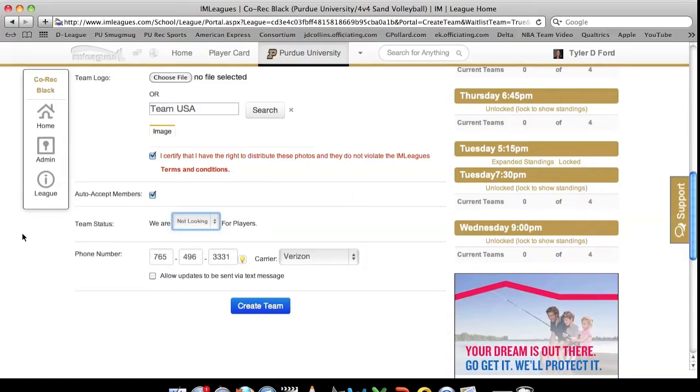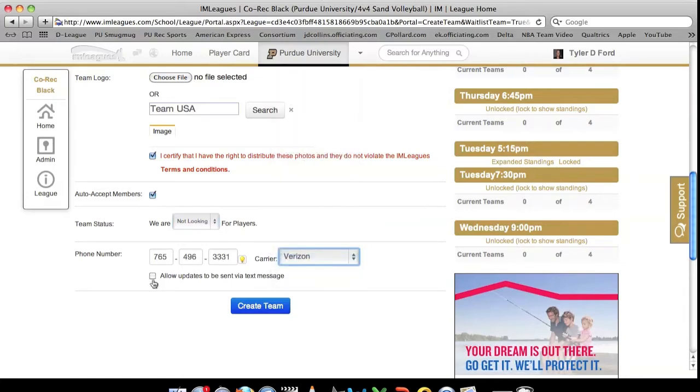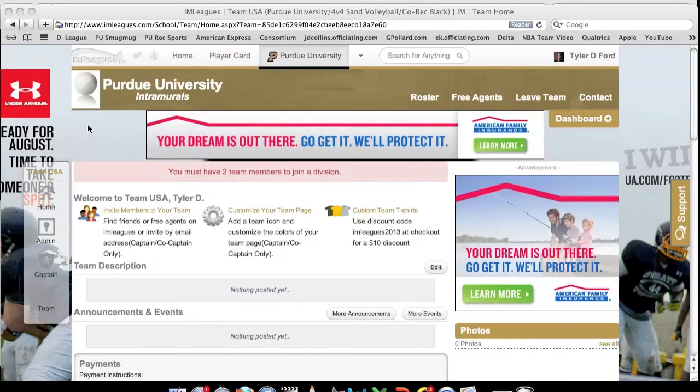Your cell phone number may be pre-filled. Make sure your carrier is correct. You can see the list of carriers, and then check that cell phone box, and then hit create team. Once we get over here to our team page, you can see that I need 2 teams to join a division at the top. I can customize this team page,